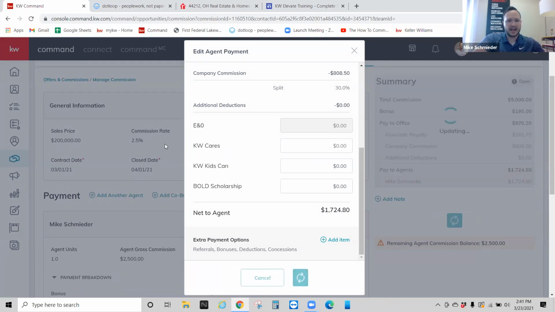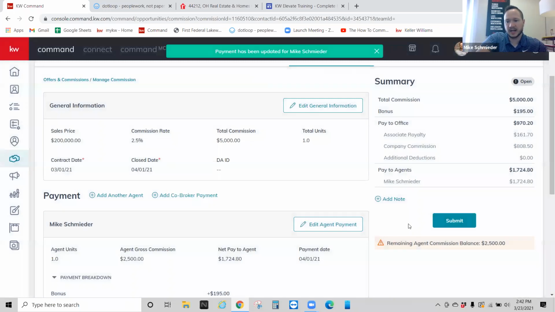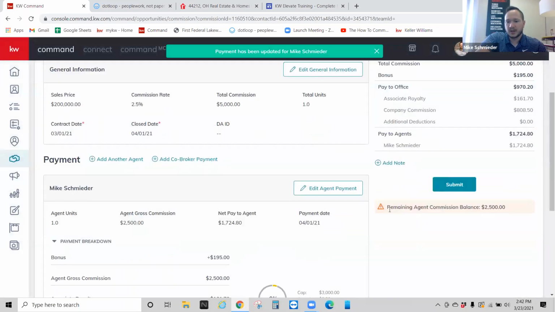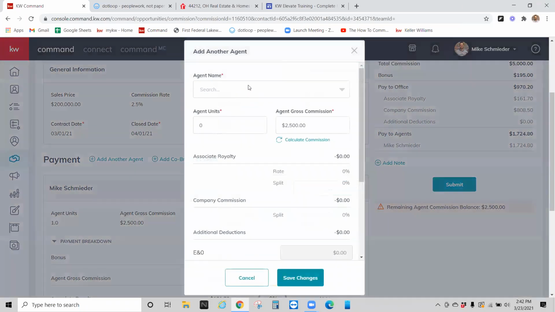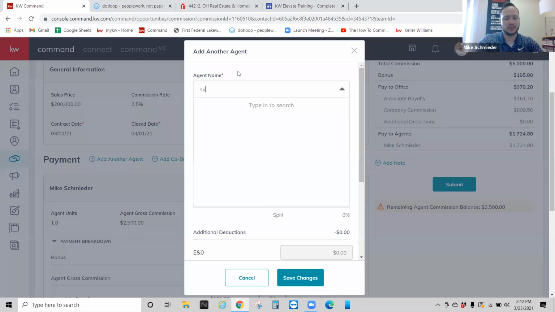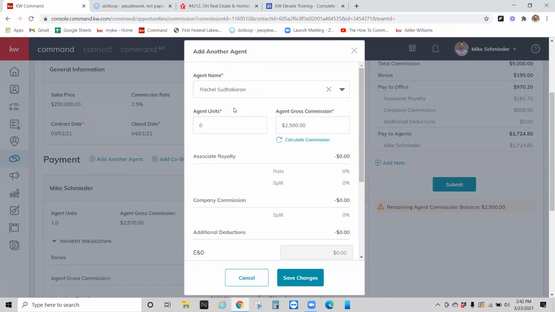Since we haven't allocated all the commission, we're going to get an error here. The remaining agent balance is 2,500. This is where, if you have another agent on the transaction on the same side as you, you'd click on add another agent. So let me add Rachel. The remaining commission balance is automatically going to populate for her. Then I click save